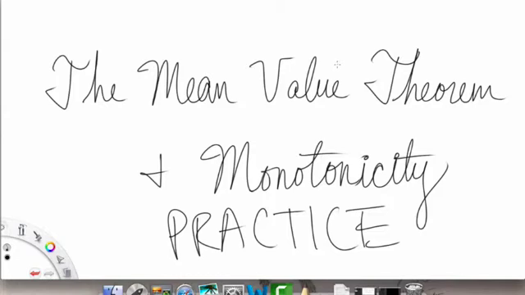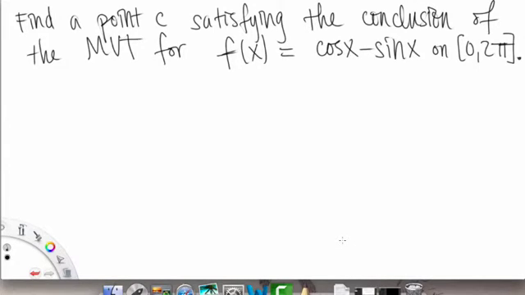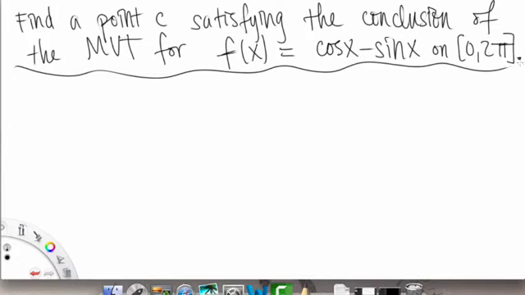Into the practice problems video for the mean value theorem and monotonicity. Okay, for this problem we're going to find a point c satisfying the conclusion of the mean value theorem for the given function f of x equals cosine x minus sine x on the closed interval 0 to 2 pi. So first of all, let's write our all-important equation from the mean value theorem, which is